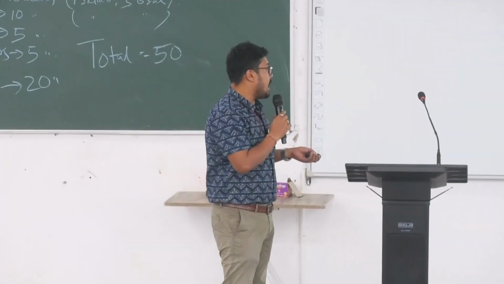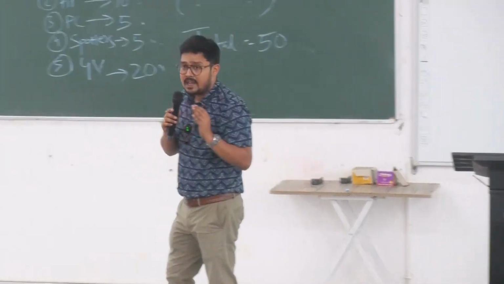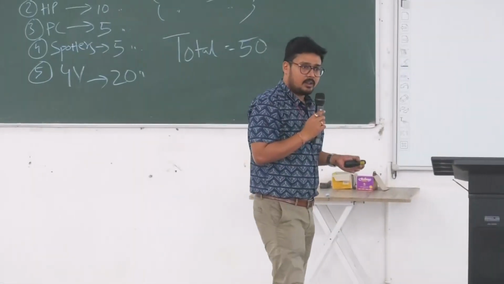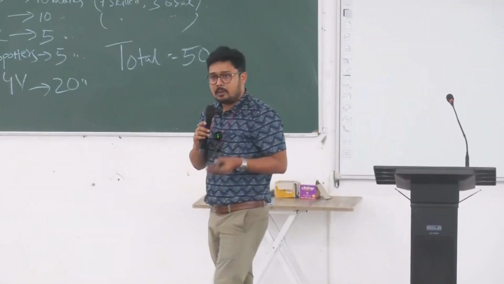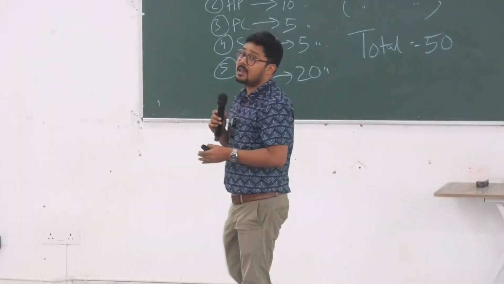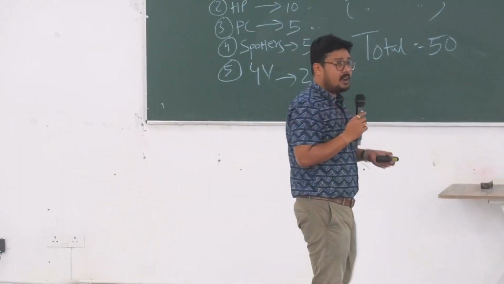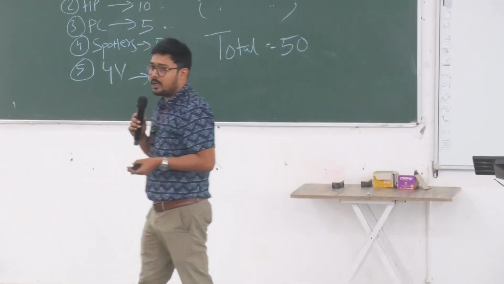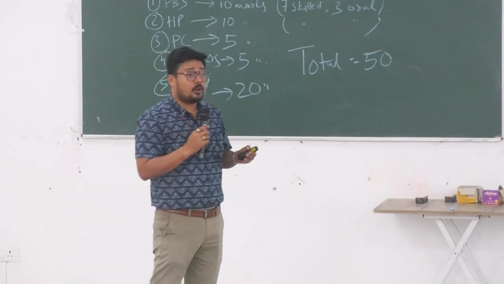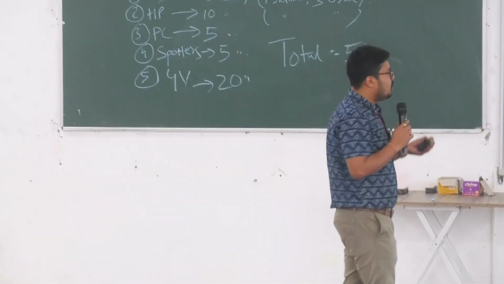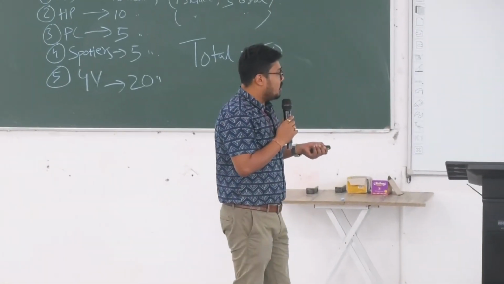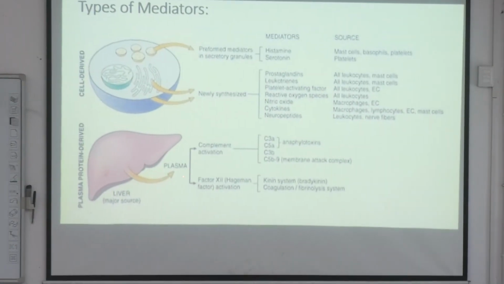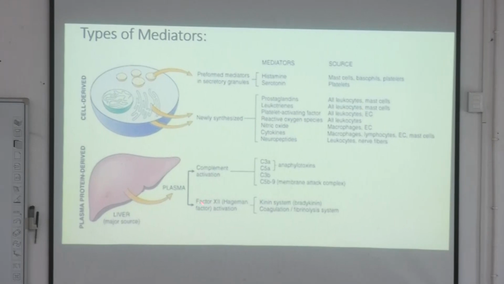And coming to the plasma-derived mediators, those are very few in number, and they are derived mainly from the liver. Our liver is the metabolic factory of our body, and the chief organ to produce plasma proteins: albumin, globulin, kinin, and the proteins of the coagulation systems. So the liver is the major source of the two plasma-derived mediators,